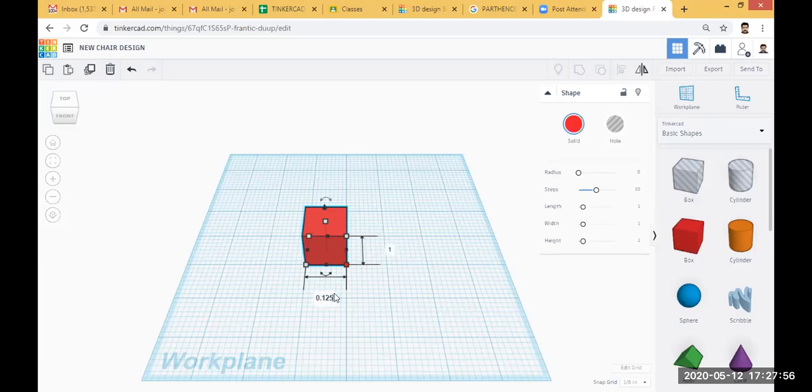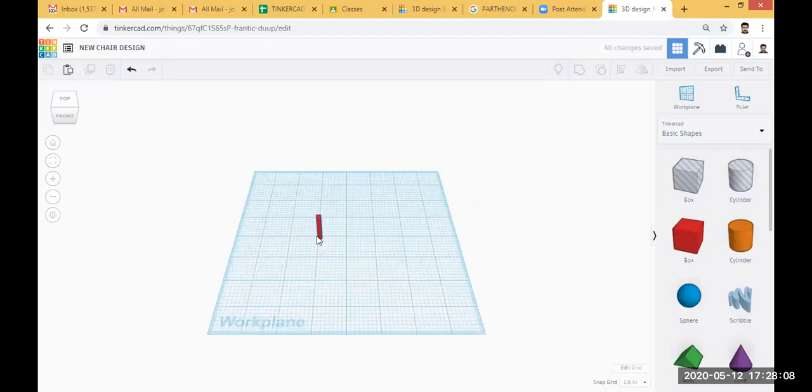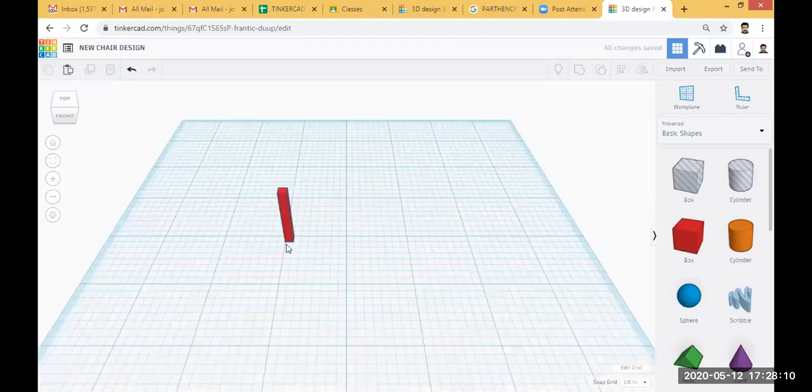Here click the tab button or click the mouse button, 0.125. Then click enter. So this is one leg of the chair.